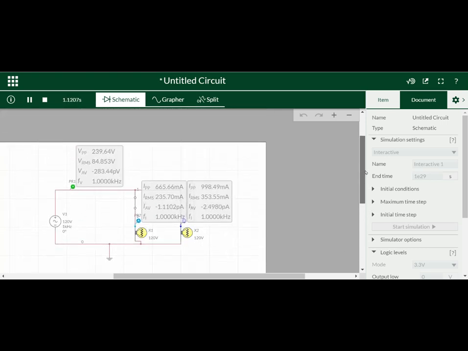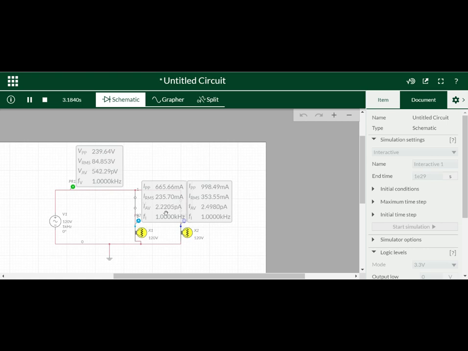Now this is the circuit diagram, and we have to go to the grapher to see the waveforms. RMS value, average value, everything will be there.